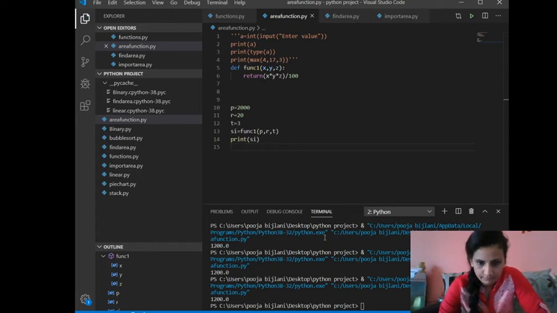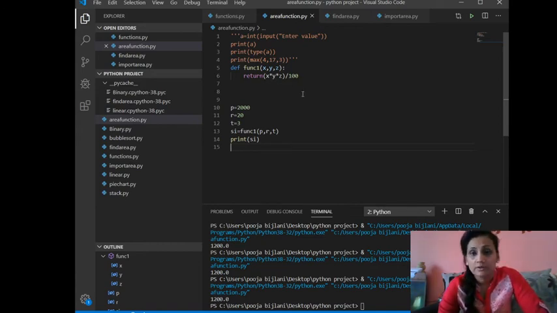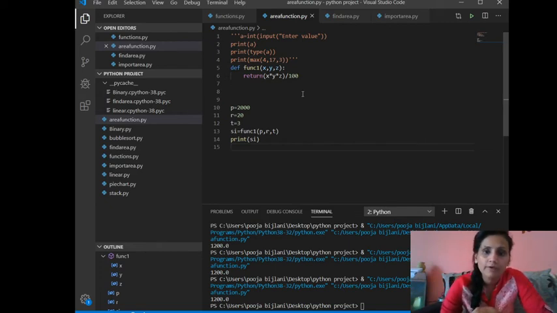Okay, do you know why you got 1200 in the above also, where actually I should not use P, R and T? There was no error, because this comes under local scope and global scope. This is also what we will discuss later on. But if you have taken parameters, you should use the same variable. But if you are using P, R and T, the answer will still come.